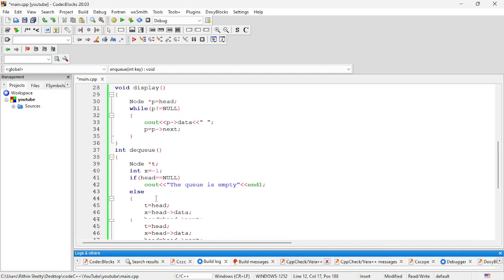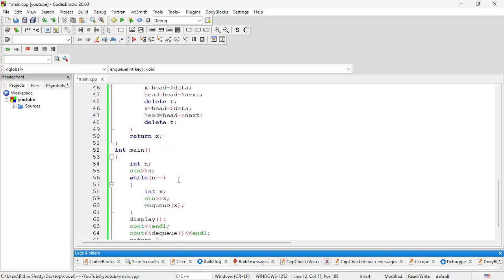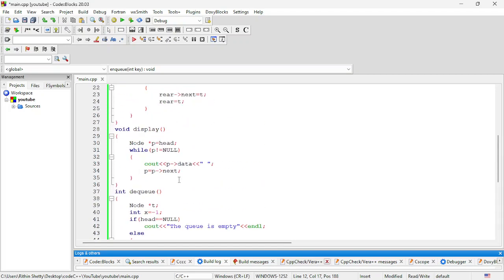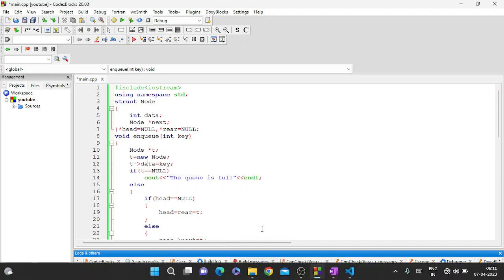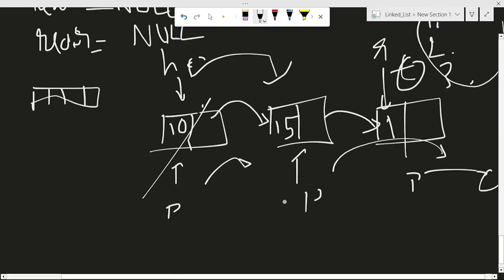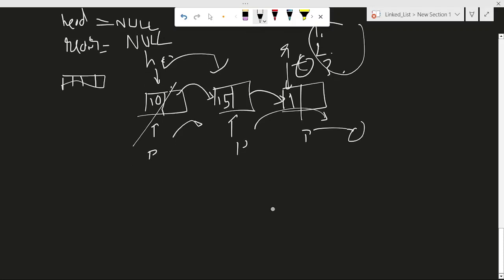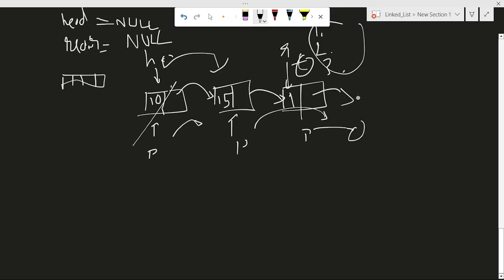Actually, the problem was so simple. See, here I did not give t next is equal to null. This mistake was so important, because t next is not null. It should be equal to null, right? While enqueuing, you have created the node. After creating, each time you need to make t next null, because if you don't make it null,